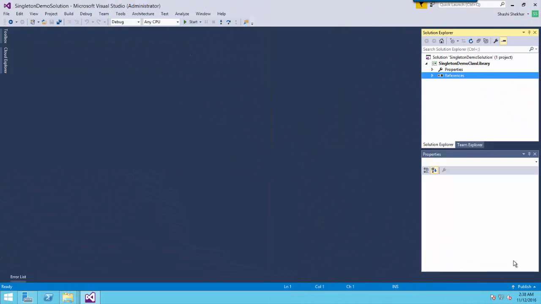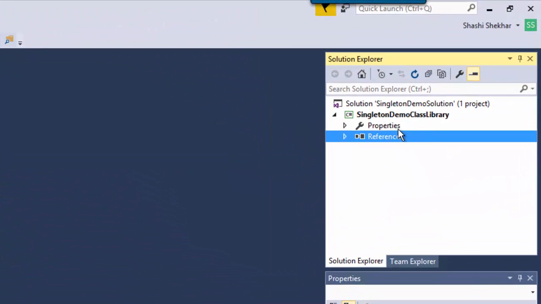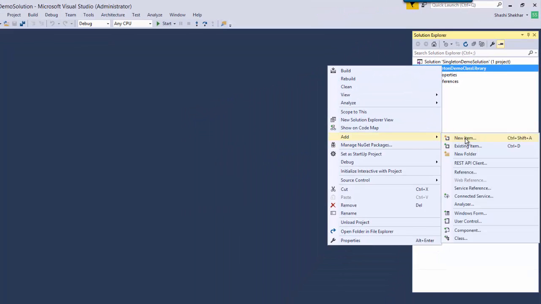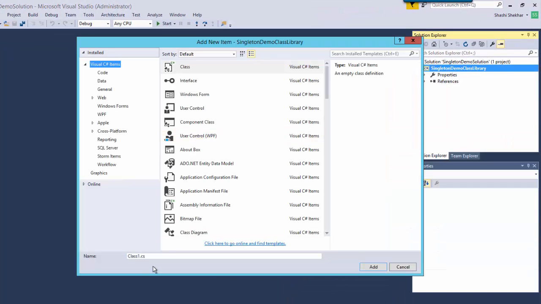To demonstrate the Singleton design pattern, I've created a solution called Singleton demo solution, and I have a class library under it, a C# library called Singleton demo class library. I'm going to implement the Singleton class now. I'm going to call this class GlobalSettings,